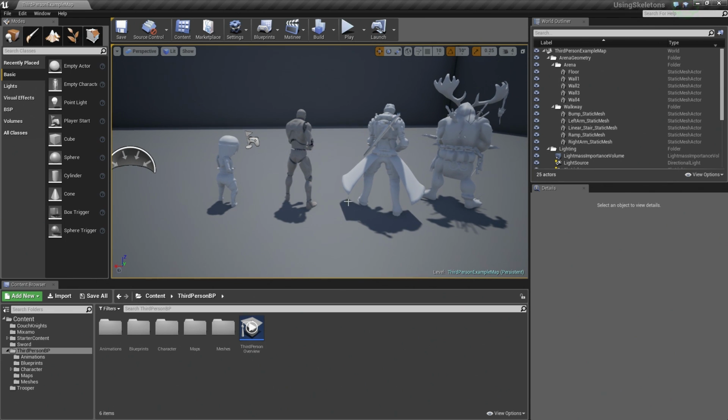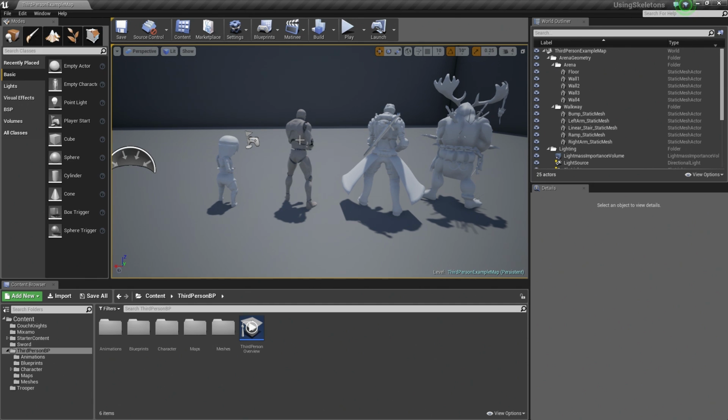As you can see, this character has a sword attached to his back. We've created a socket called back, which we populated with this sword. But since these two characters here are sharing the same skeleton asset, they too have access to that socket and can populate it with different items if they want. So this character could be carrying a staff, this one could be carrying a backpack, for example,